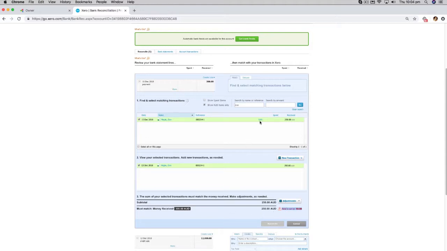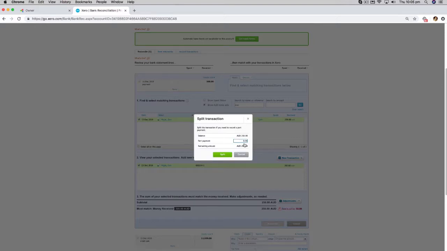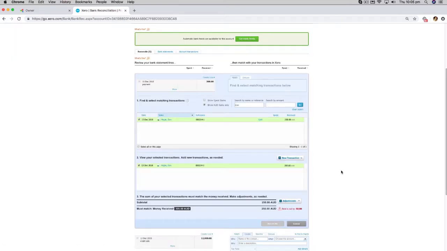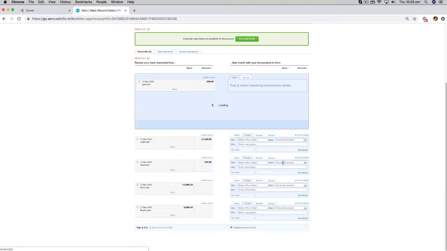Before, when it was an underpayment, we used to use this split function, but when we've been overpaid, we need to follow a slightly different process. And that starts here with the new transaction. Click receive money,